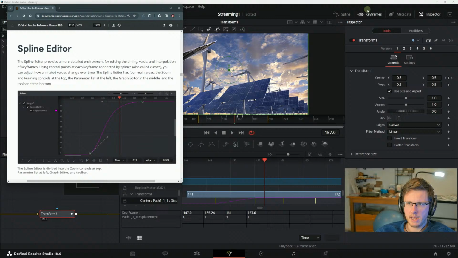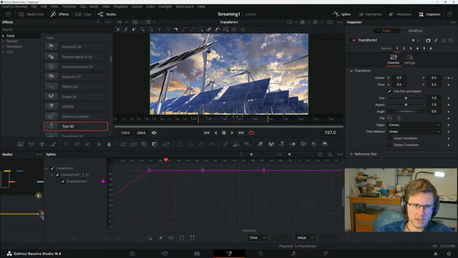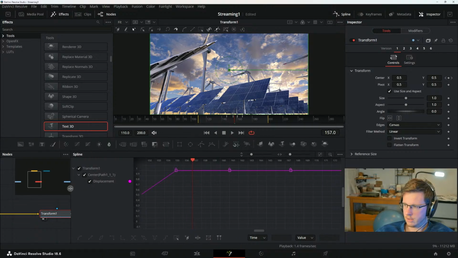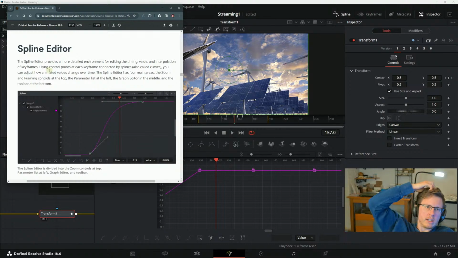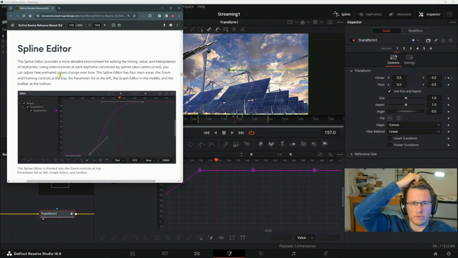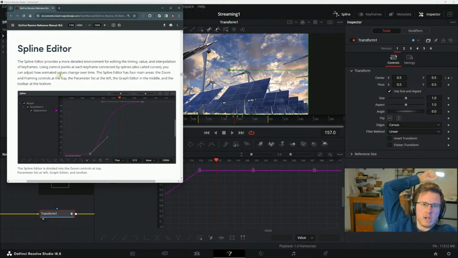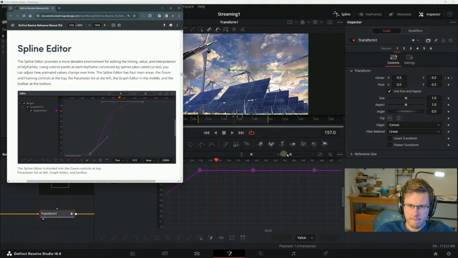Spline editor, yay! Moving on to the spline editor. The spline editor provides a more detailed environment for editing the timing, value, and interpolation of keyframes. Using control points at each keyframe connected by splines, also called curves, you can adjust how animated values change over time. The spline editor has 4 main areas: the zoom and framing controls at the top, the parameter list, so that's the zoom and framing, this part,